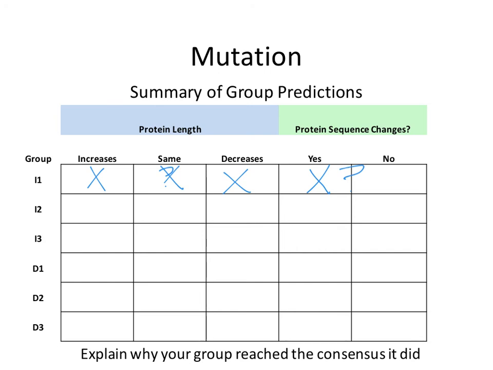Okay. So if it's an insertion in between the start and the stop codon, you'll increase the length. But you also have the potential of prematurely stopping it, so it could decrease the length. Will it leave it the same length? That's if you happen to put it before a start or after a stop. Okay, so we're making good predictions now about how different types of mutations might affect